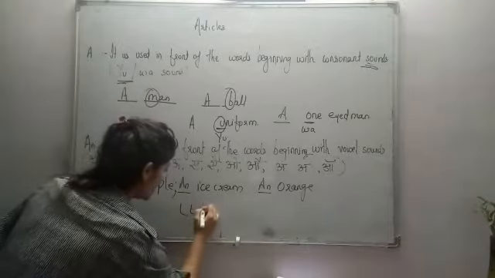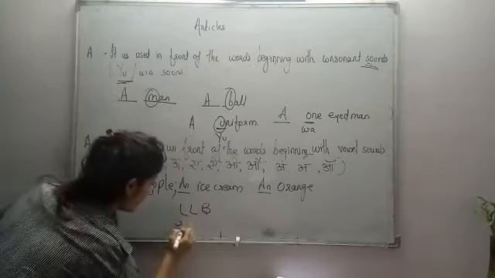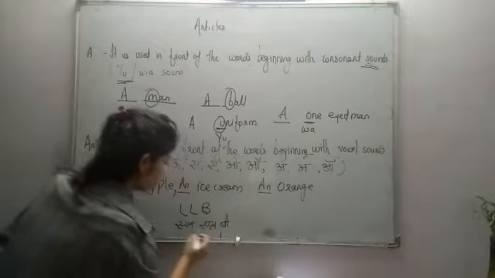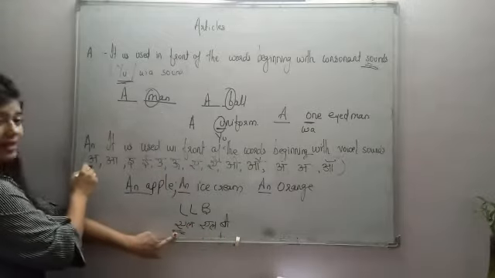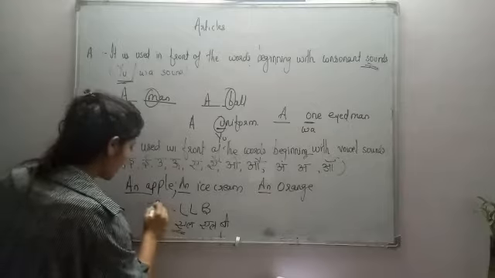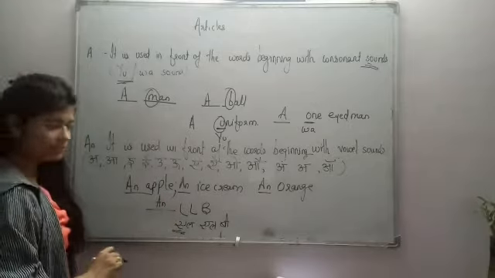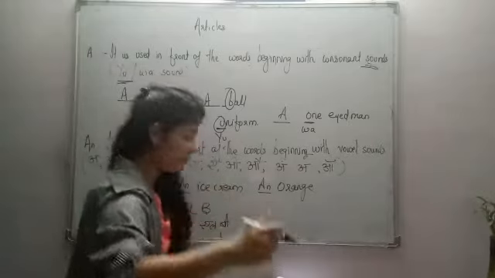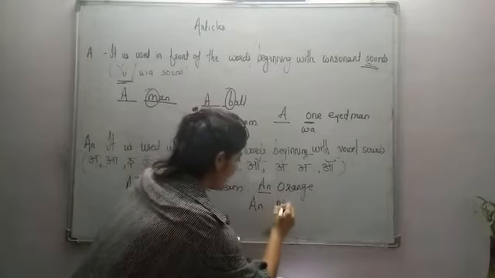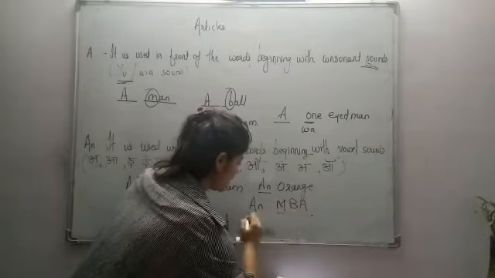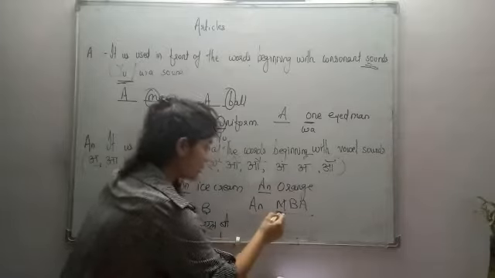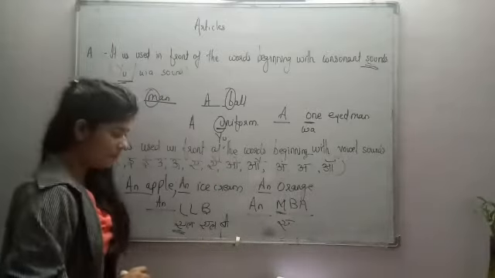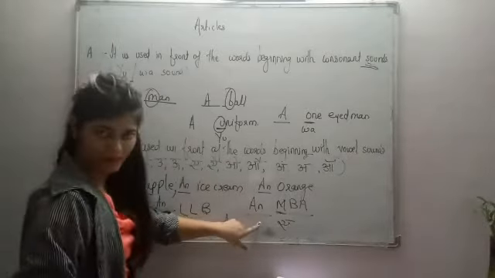Example, hour. Now what is this? An hour. So A sound is nothing but my vowel sound. So I will be using an hour. If I say one of my friend is MBA, so what will I say? An MBA. See, these are the exceptionals. M is a consonant, but the sound here is A, MBA. Clear? And that's why I will be using an MBA.